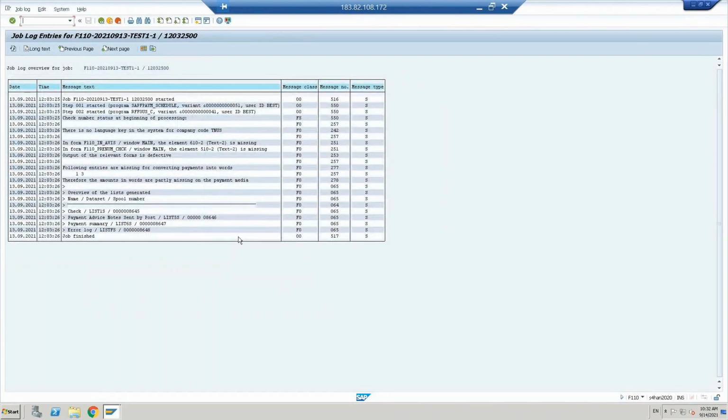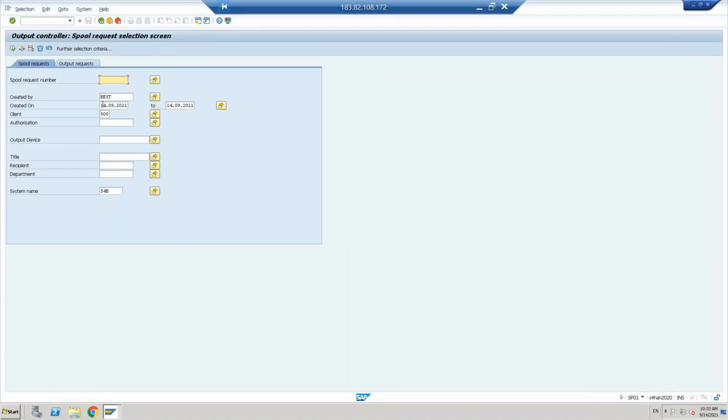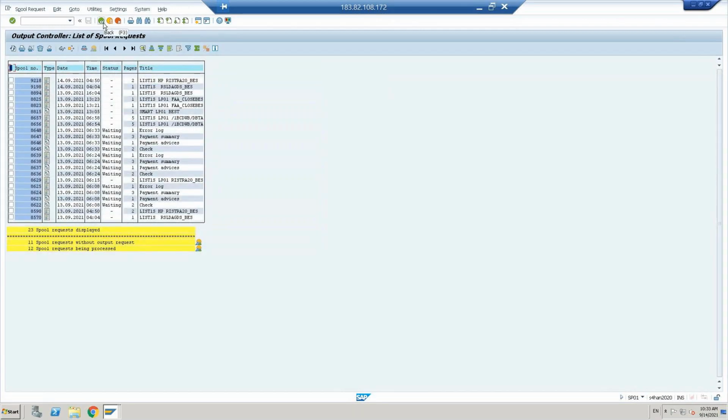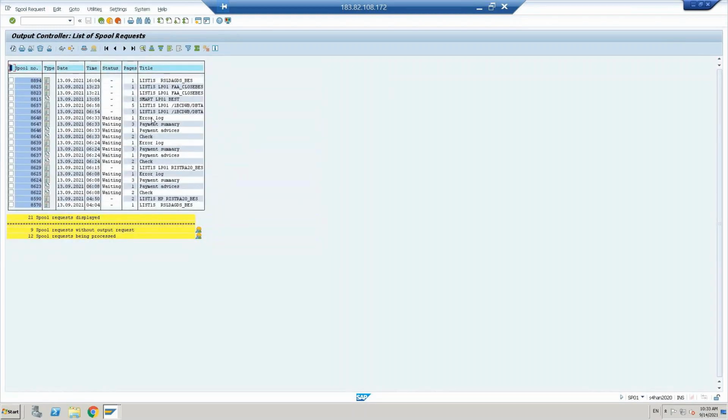Here you can see the check form, the check related spool, and the payment advice note, and the payment summary is also generated. We can verify this in SP01. If I go to FE01 it will display, and here we have executed yesterday's date. I'll take only yesterday's date. So for yesterday's date you can see the